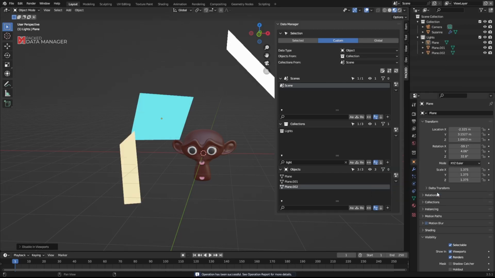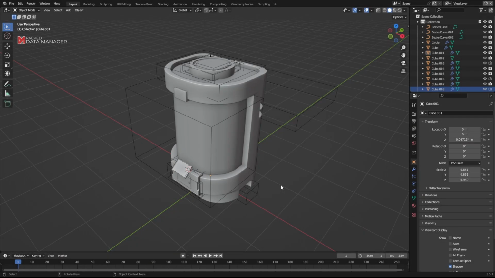The last example we're going to take a look at involves booleans. In this scene, I've been working on a sci-fi aquarium or a health regeneration pod. I'm not really sure what this is going to end up as, and I've been kind of ignoring the outliner a little bit. If you take a look at the outliner, you're going to see that I have all my objects and cutters under a single collection. And I'd like to change that.